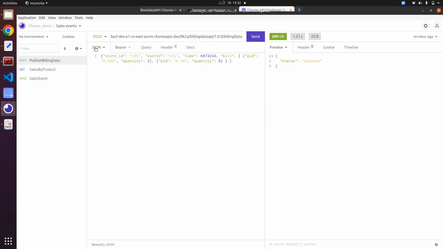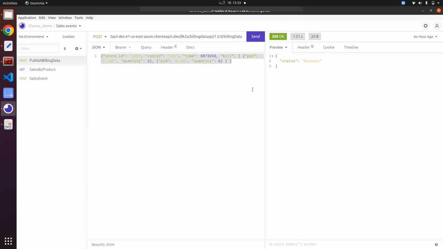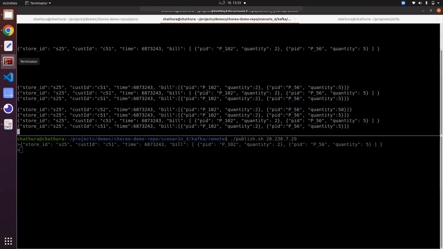Now for the payload, I can give any variation of this payload. Let's copy that. And to differentiate, let's use different quantities. Let's say I sold 150 of this. And let's say 35 of these. Now if I send this,